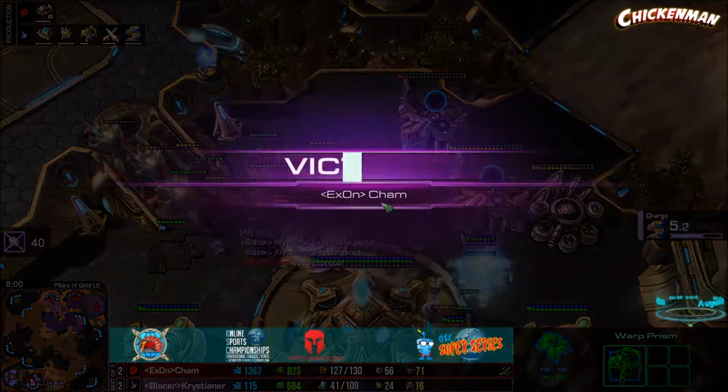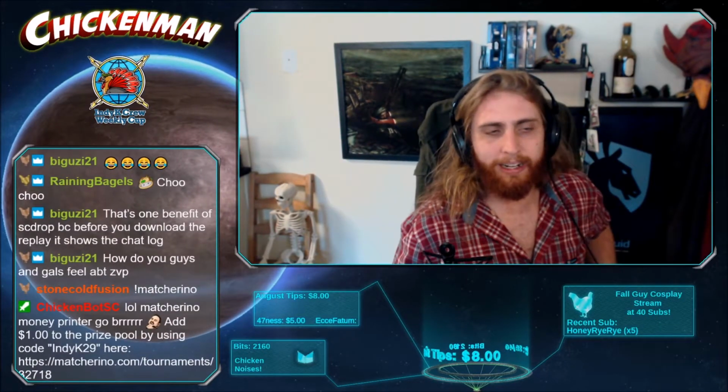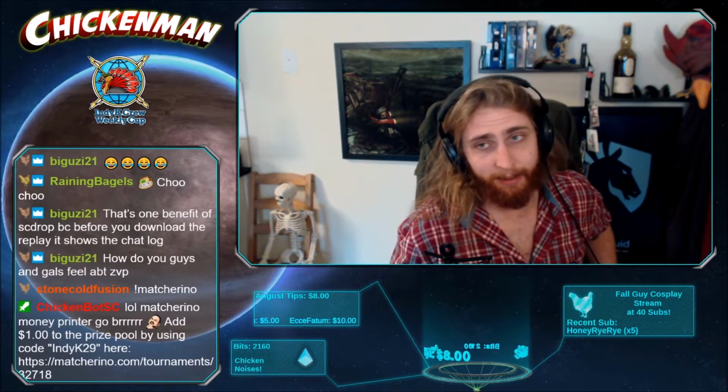And GG gets called. Cham is victorious in this week's IndyK Cup. He takes the victory over Krystianer 3-2. Just barely scrapes it by, but he takes it. That's it for the